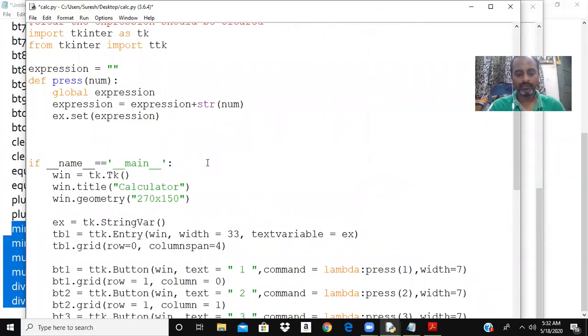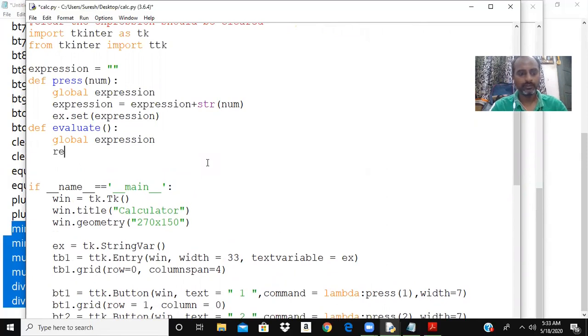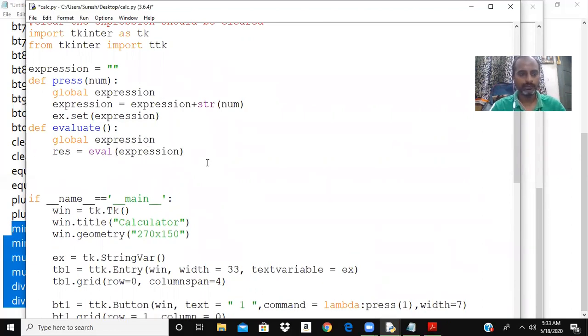So to evaluate an expression, we have a built-in function called eval. I am using that. Not passing any argument there. Global expression. We are making use of the expression. I'm telling that result is equal to eval expression. Okay, the expression will be evaluated there.